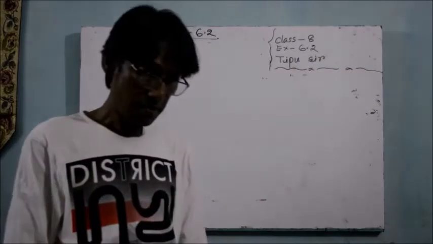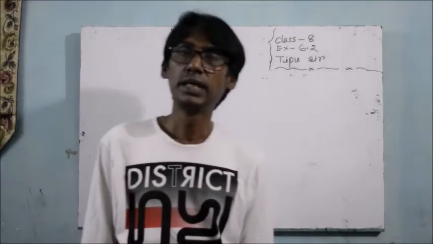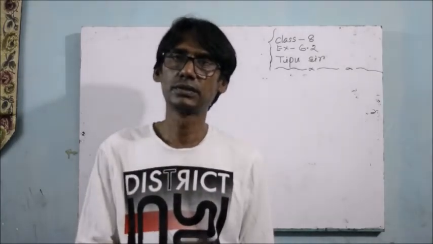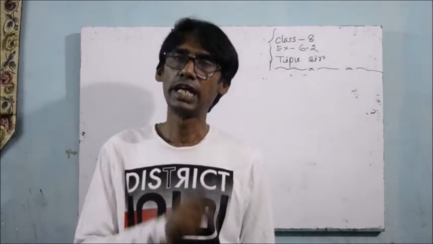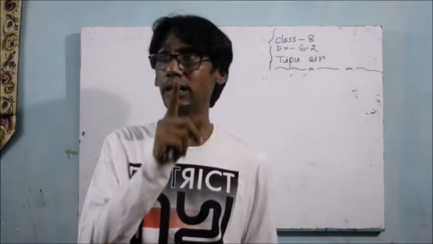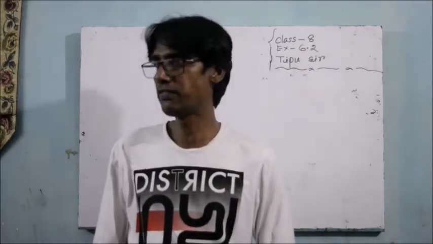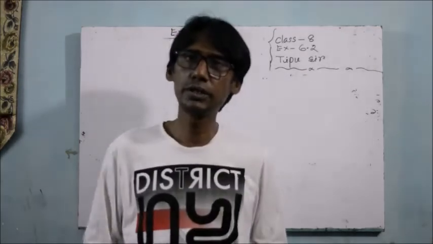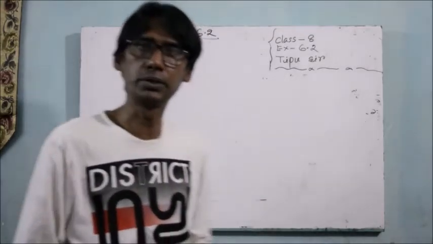Okay, now math number 6. If the sum and difference of a proper fraction, sum is 14 and difference is 8, we have to find out the fraction. Look at here, here they mention that proper fraction. At first you should know what is a proper fraction: a fraction whose numerator is less than the denominator.